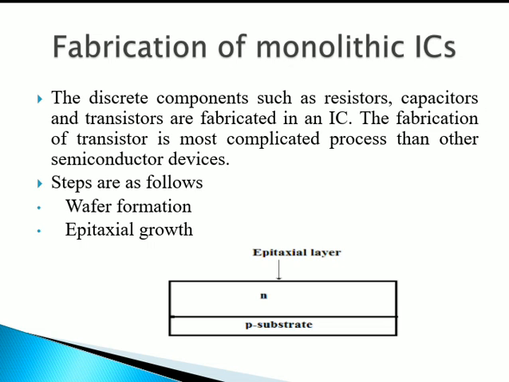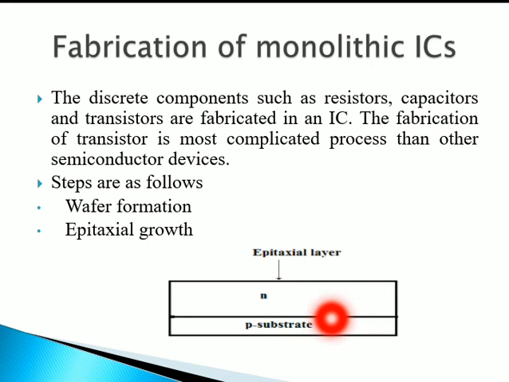First step is wafer formation. Wafer formation will be done by the manufacturer. He will produce a p-type crystal which will be several inches long, then that will be sliced into many thin wafers, and one side of that wafer will be polished in order to avoid surface imperfection, and that particular wafer is called a P substrate. This is a P substrate, you can see over here. The P substrate is used as the base for your whole fabrication process.